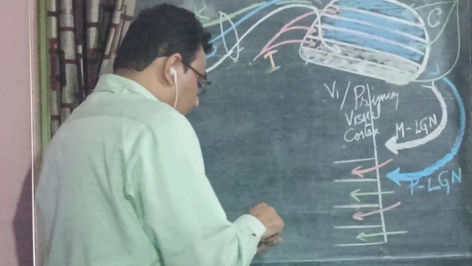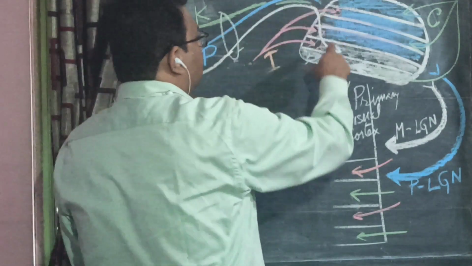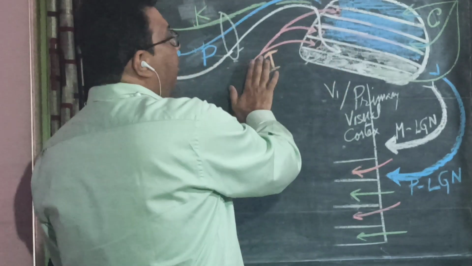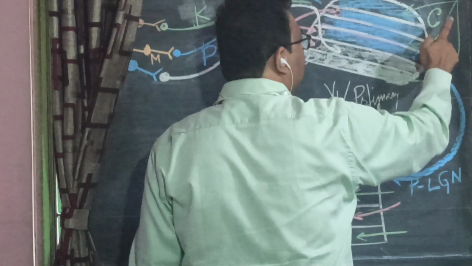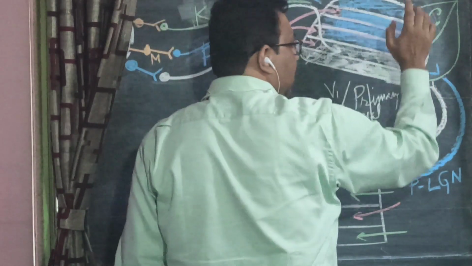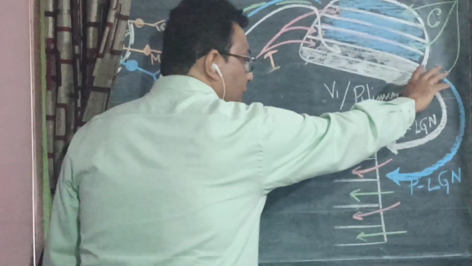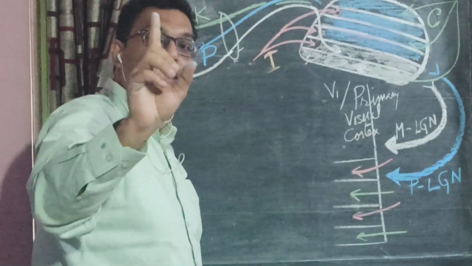So what are they carrying? We can see the parvocellular pathway contributing from the ipsilateral side to the 3rd and the 5th layer, and from the contralateral side to the 4th and the 6th layer. Further down, they will be carried as optic radiation.